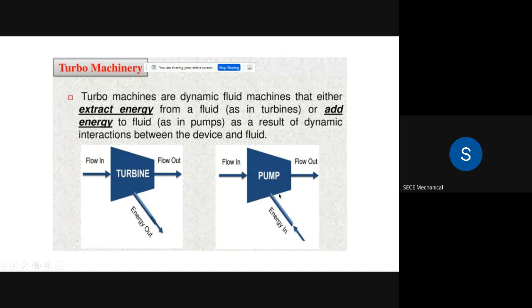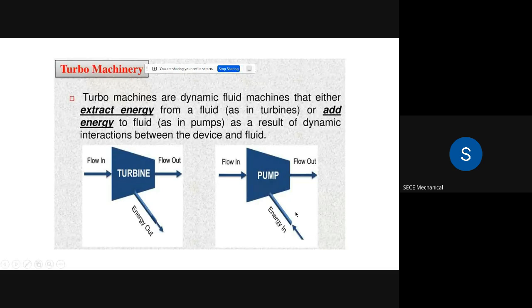Based on the given electrical power or any kind of mechanical power, the pressure of the fluid which came inside changes. By means of this additional energy, either electrical or mechanical, the pressure energy in the pump is added up and the fluid flows out. So this is the common difference between the pump and turbine.